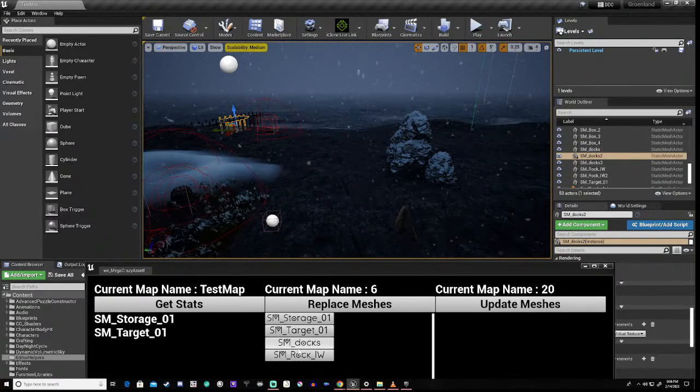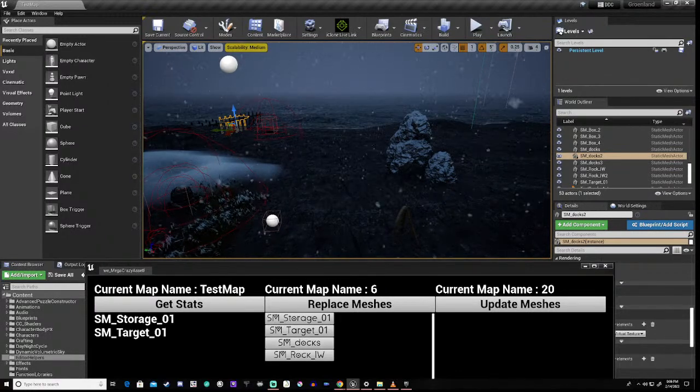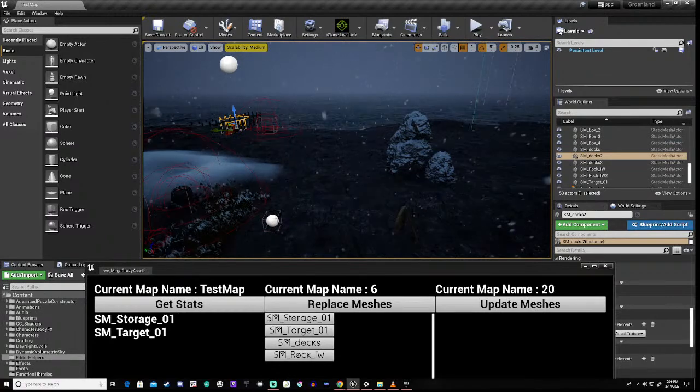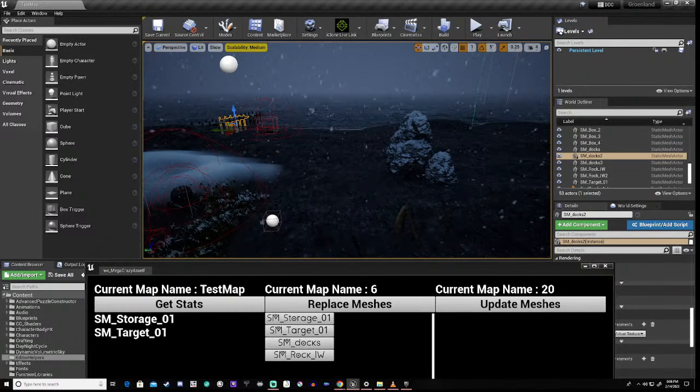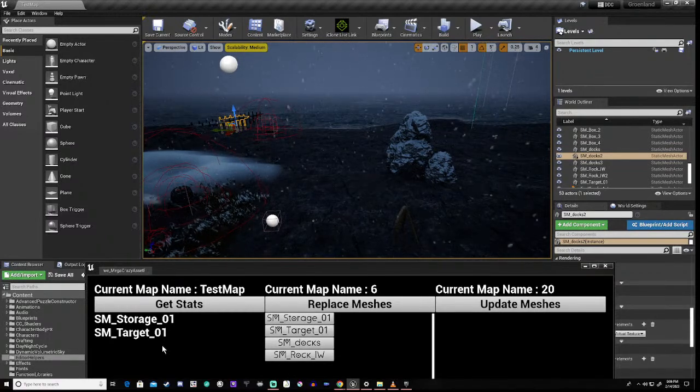So, if you think about it, if I wasn't to do this tool, literally what you'd have to do is come in here. First of all, you'd have to make your instance version.